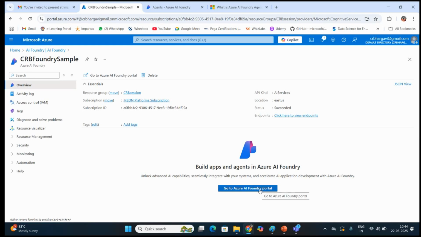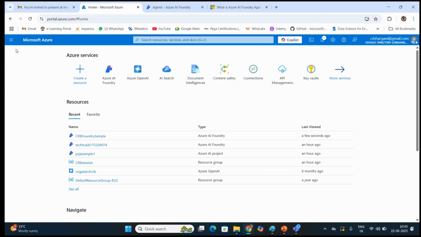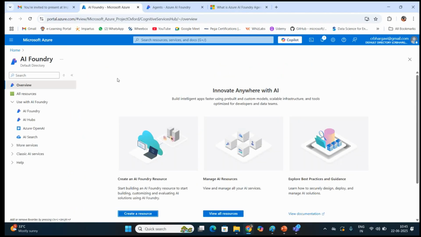When you want to navigate inside the portal, you can click here so that you get navigated to the Azure AI Foundry. That's where we would be creating a resource and where it would get used. So let's see the remaining ones as well, and then we would go back to the Foundry to make you understand well.